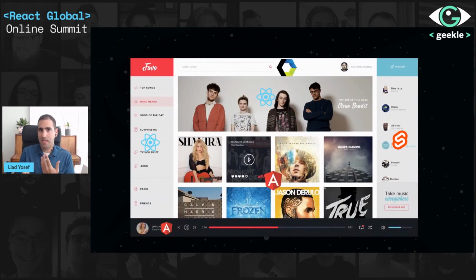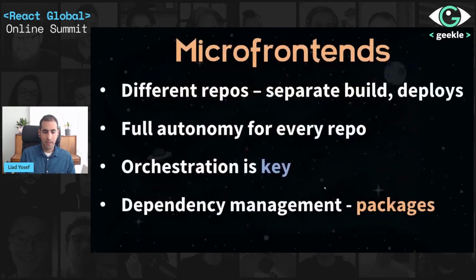So the user faces the same app. They face the same experience, but this experience is actually being created with different bundles or different build products, different assets that are being built independently. So what it means is that you have different repos, so you can separate the build and deploys, which is amazing. This is exactly what you want to do when your application becomes a little bit complex. You want every team or every person to be able to build and deploy independently from the rest of the app. You have full autonomy for every repo to use whichever technology they want, but you have to